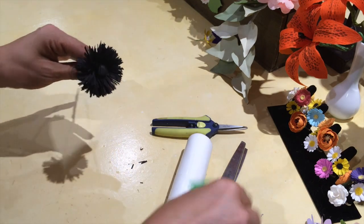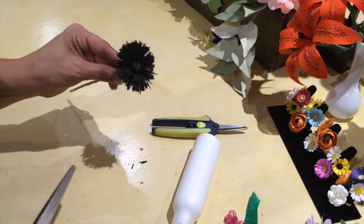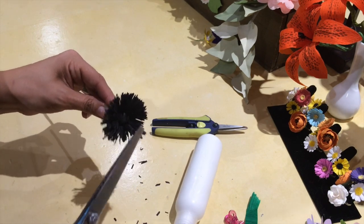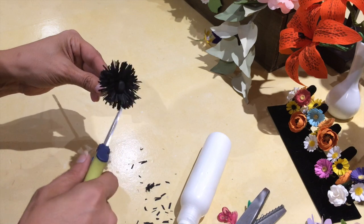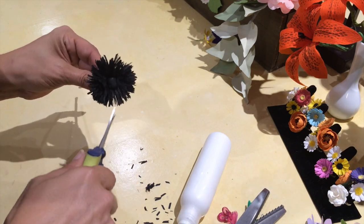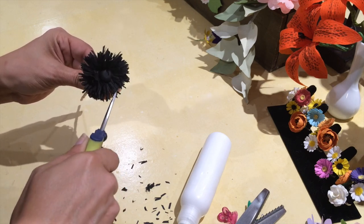We need to clean up the center of the anemone, and we can either do that with pinking shears in teeny tiny bites so it doesn't look like we have taken pinking shears to it, or I can use my detail scissors. This part will make you appreciate your hairdresser